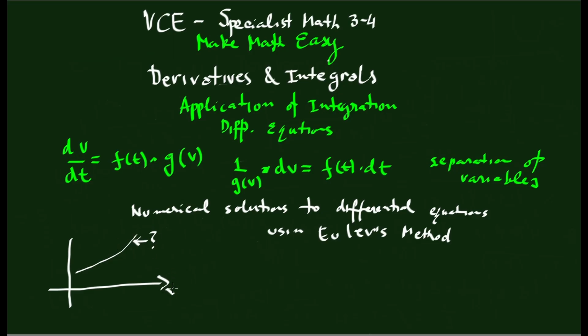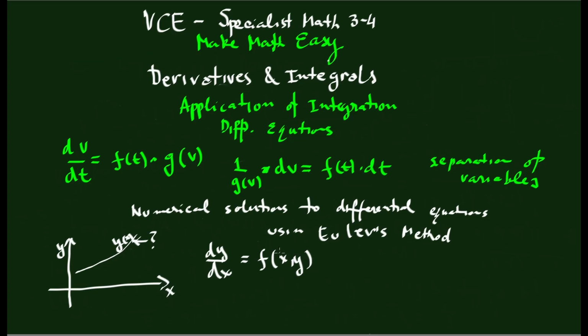So here you have the x-axis and the y-axis, but what you do know is the first differential of that curve. So if you know the first differential of that curve, and that being f of x and y,